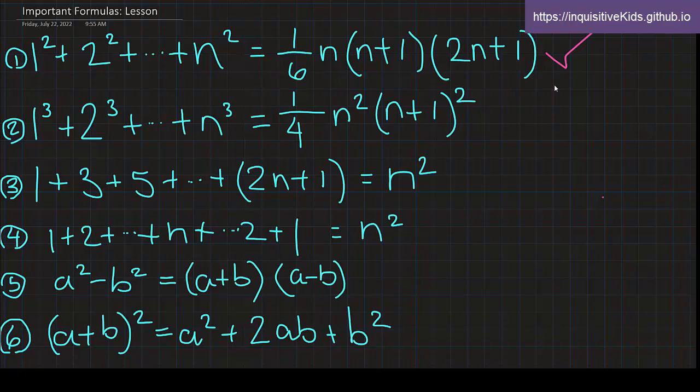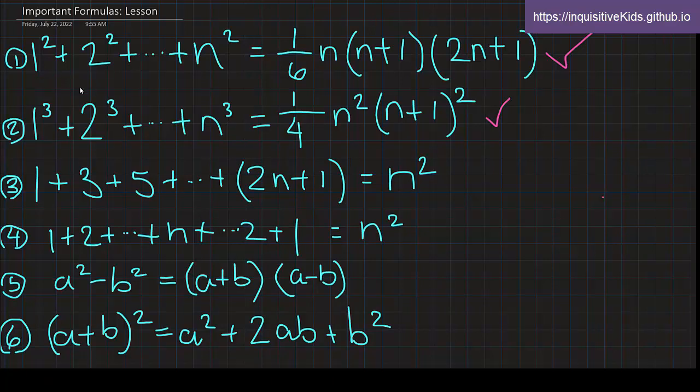Alright, so now let's look at the second formula. 1 cubed plus 2 cubed plus 3 cubed all the way up to n cubed. That's equal to 1/4 times n squared times the square of the sum of n and 1. Alright, so both of these formulas that we already covered have to do something with cubes or squares that are being added together. And you can see that the base numbers are 1, 2, 3, and so they're consecutive